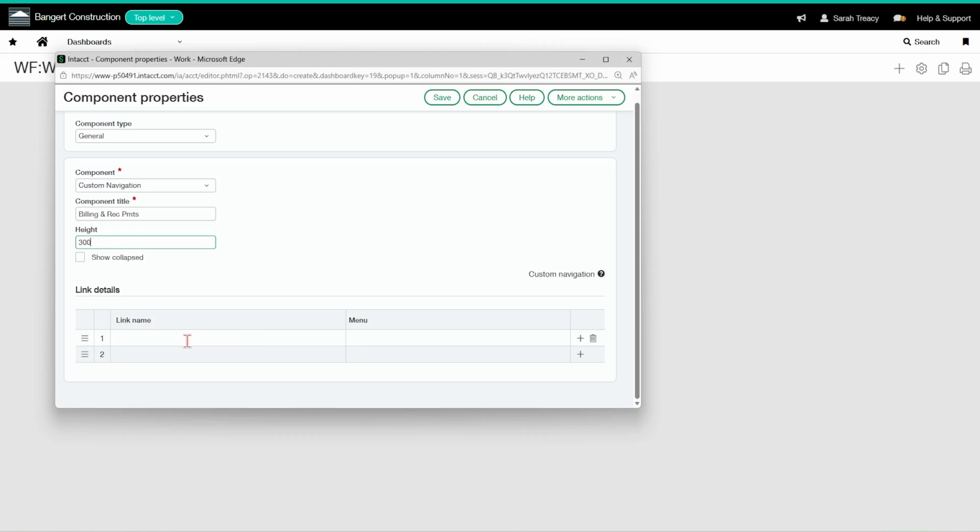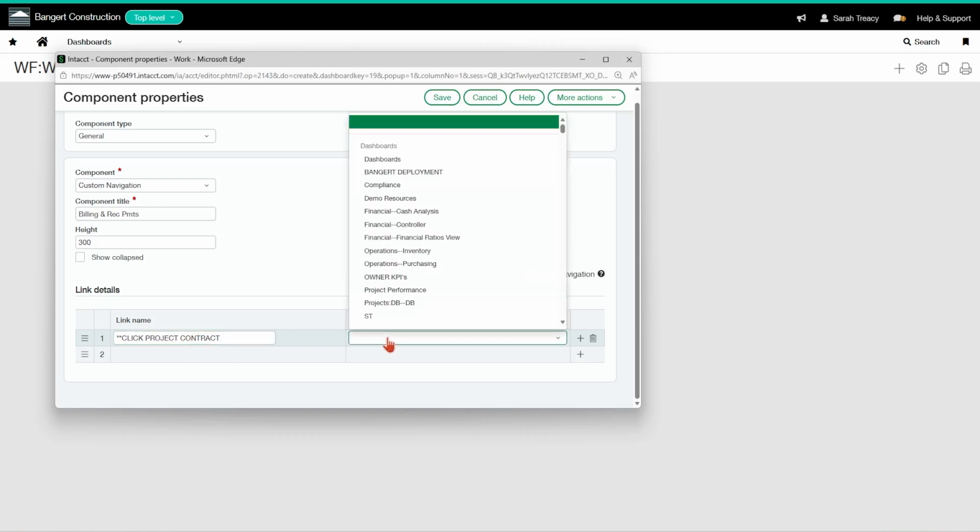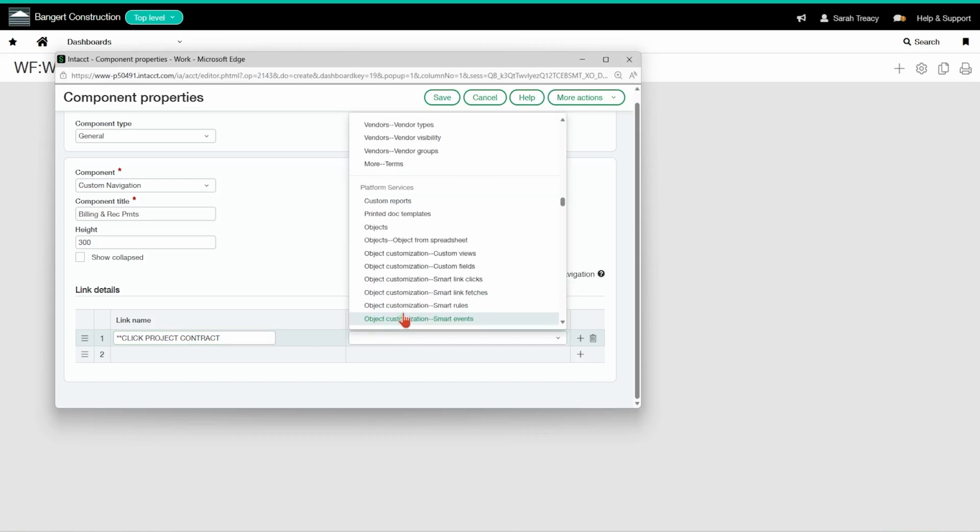transaction. So firstly, what I want to do is I'm going to leave a little note for myself here for when I go into project contract billing, like the generate invoices screen, I need to remember to hit the button for project contract. So I'm going to do in all caps, click project contract. So this is just me creating a little note for myself on this workflow dashboard. So it doesn't matter where I click in the system to do this, but let's just put in